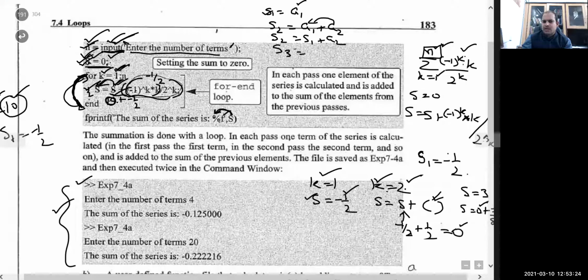Similarly, s3: the sum up to the first two terms is known to me, and let me add the third term. So I can write s3 as a1 plus a2 plus a3, or you can write it as s2 plus a3. So in general, our algorithm will be s is equal to s plus the nth term an. This is the technique we are going to use.